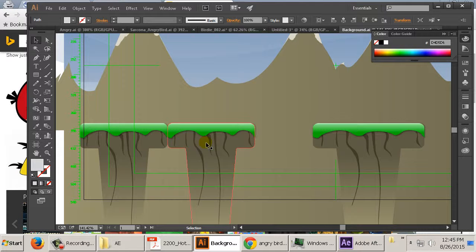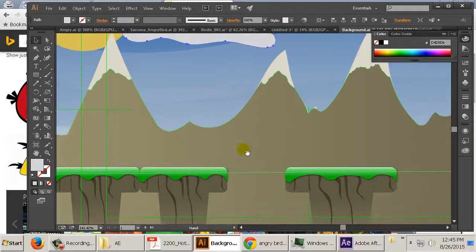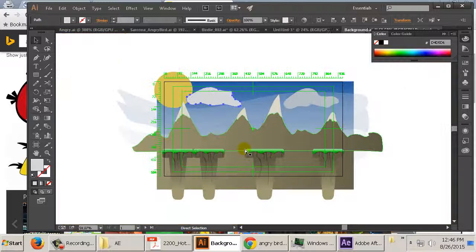All right, so for next week, for Monday, when you come in, try to have this done, okay, and your Angry Bird done based on the designs that you built. You drew 20-ish Angry Birds, you drew 10-ish backgrounds. Take those and make one of them. Make one Angry Bird, make one background setup, and when you come in on Monday, we're going to go through